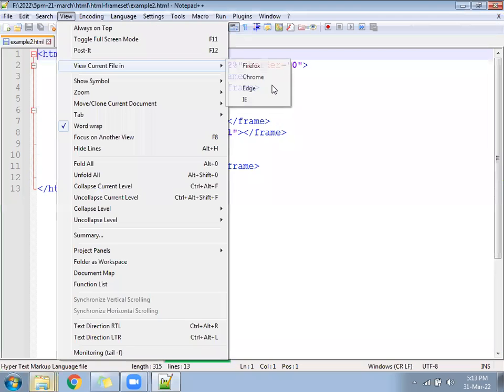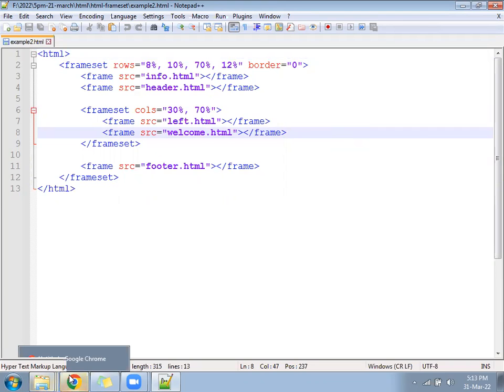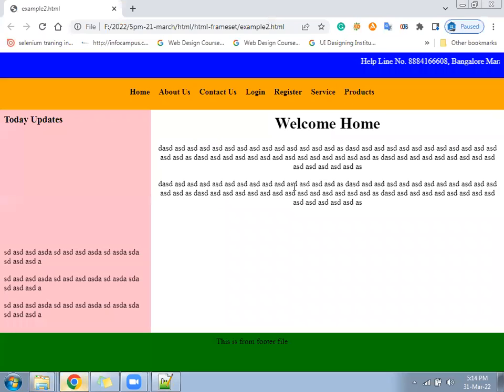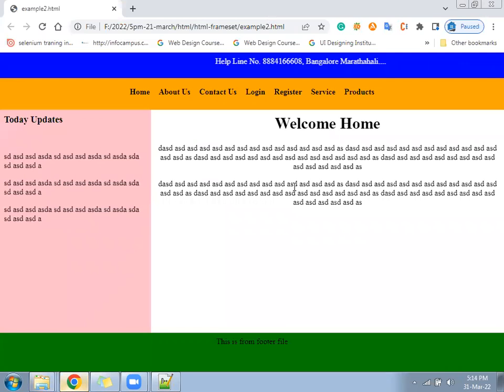Displaying the multiple pages one after another. So the content is something like this. Okay, in that our target is to